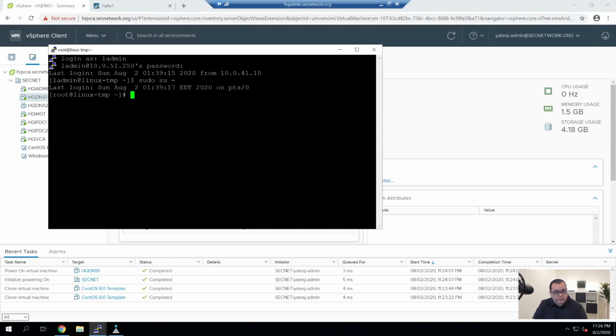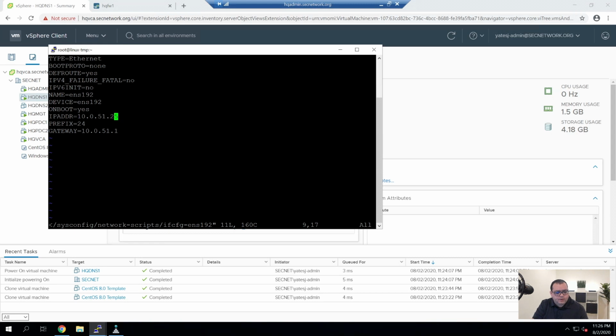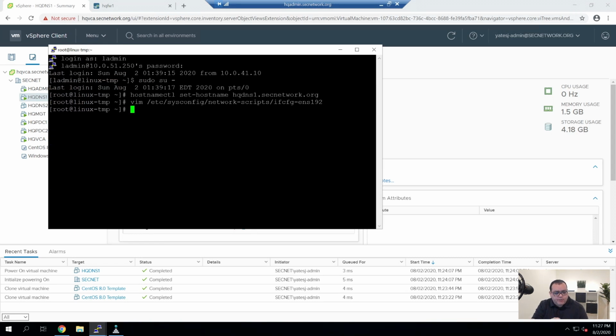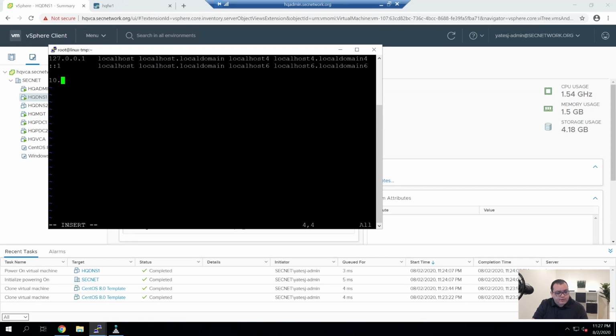Alright, so we're going to do hostnamectl set-hostname hqdns1.secnetwork.org, and then vim /etc/sysconfig/network-scripts/ifcfg-ens192, change this to 11, and then update the hosts file, which actually I typed correctly, so 10.0.51.11, and this will be hqdns1.secnetwork.org, hqdns1.